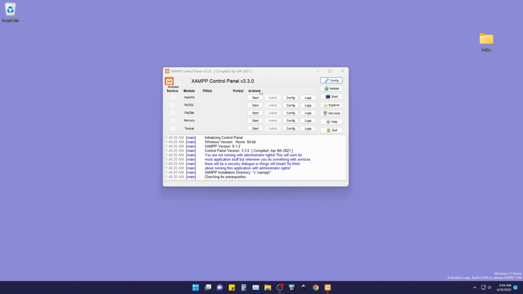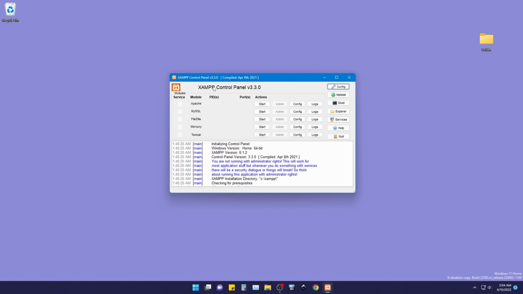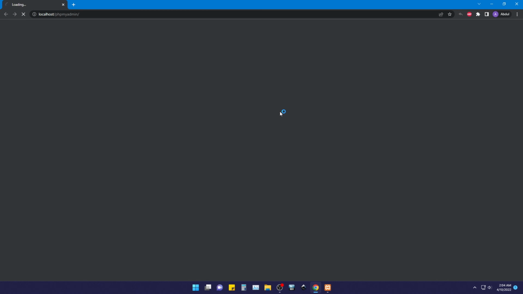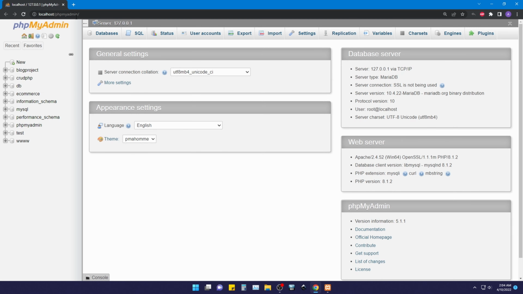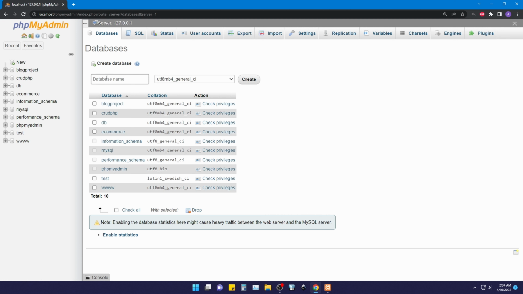What you're looking at right now is the XAMPP control panel, and here, if you already have it installed, you can start Apache and MySQL. And after starting, you can go to the admin. You can see localhost phpMyAdmin, and here you can make a new database, and I could name it